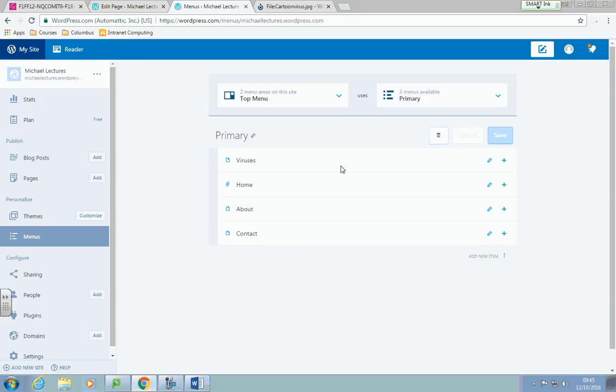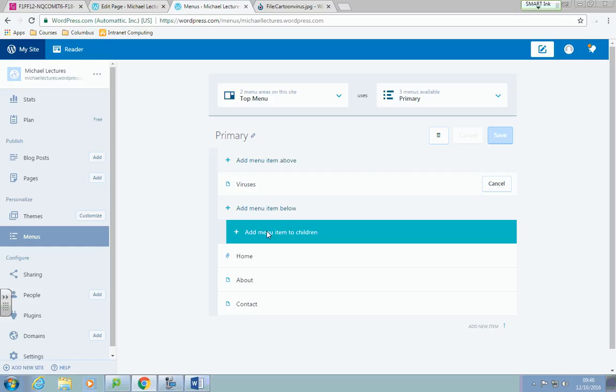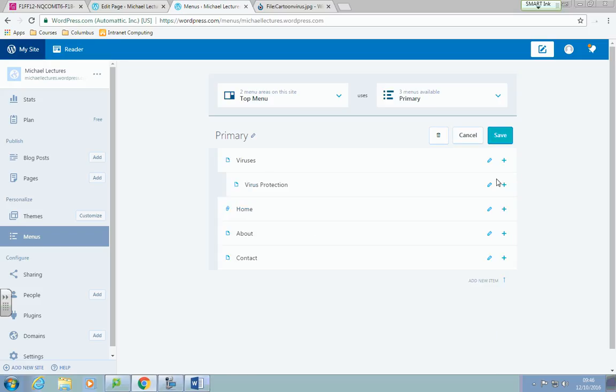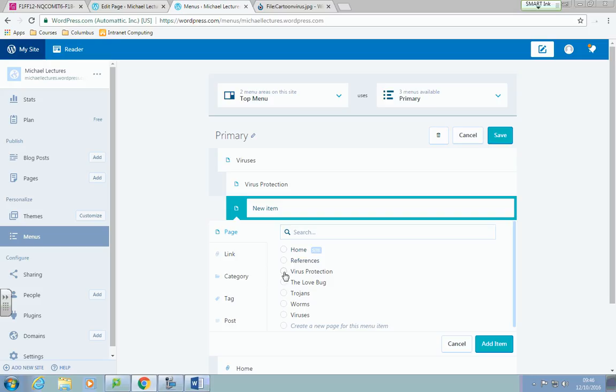Okay, and it depends how you want to organise this. Viruses are obviously the security section I've made. So I'm going to click on the plus, and then I can add something below it, or I can add it to the child of the menu, and that means that the virus has got child pages underneath it. Alright, so I can go to add menu to children, and I can choose virus protection, the first one, and I can add a menu below it, and I'll put in the love bug,